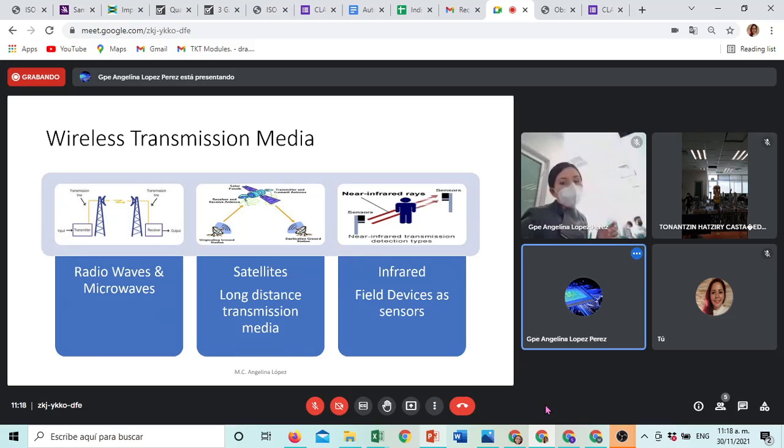One difference between, for example, radio waves and infrared is the use of this transmission. For example, I'm using radio waves when I want to transmit information through maybe not that big a distance, but for example, when we are transmitting a radio program or a TV show. But infrared is used more for short transmission